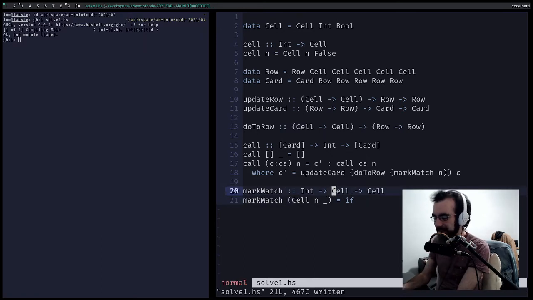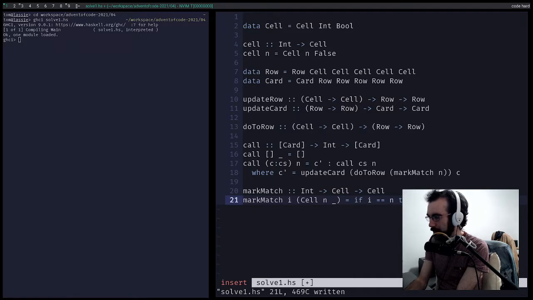So this is a function that takes an int and then gives us back a function from a cell to a cell, right? So that's fine. If I equals n, right? So if the number we take in and the value of this cell are equal, then we give back